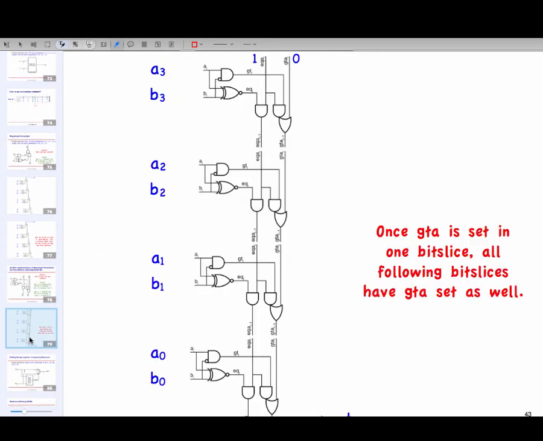But otherwise, the design looks the same, except working in the reverse. I'm flowing from top down, and I have to initialize equality to 1. So things before the most significant bit tell me that A and B are equal and A is not greater than B. Okay, so 1 and 0.